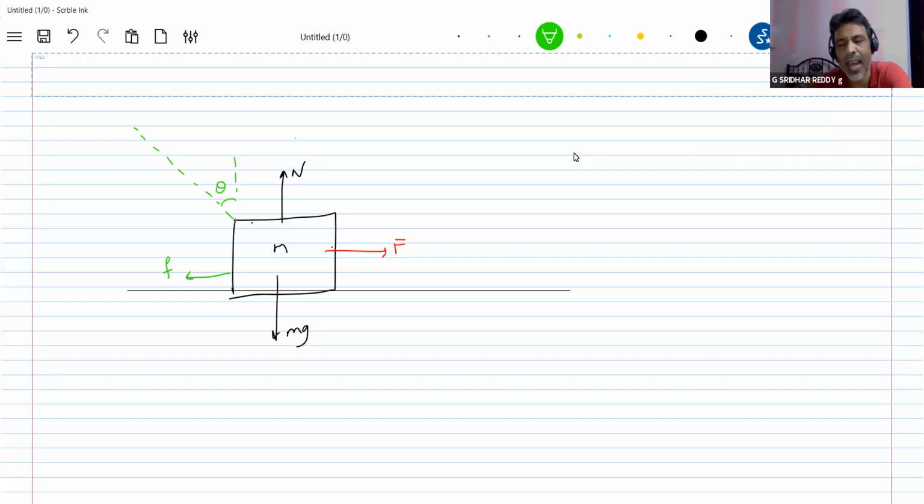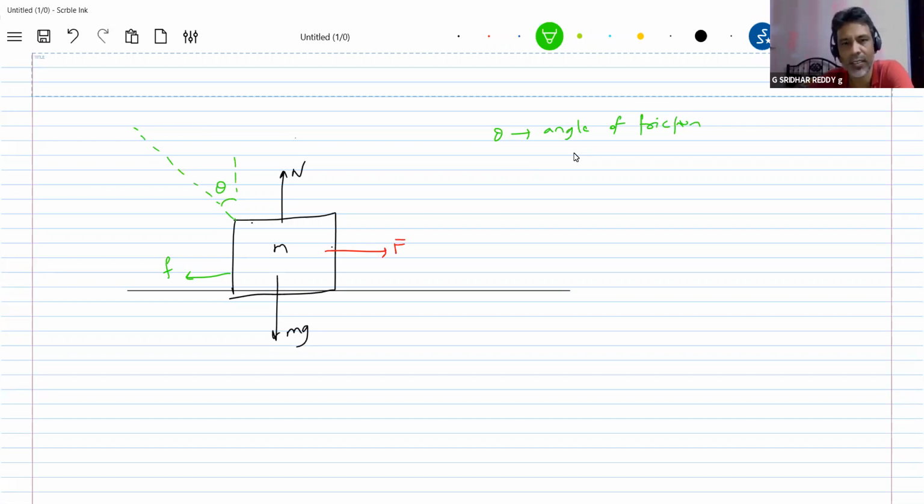This is called the angle of friction, where theta is called the angle of friction here. Then the total contact force. What do you mean by total contact force? The contact force, the total. If you see that both normal reaction as well as the friction, there'll be a contact force